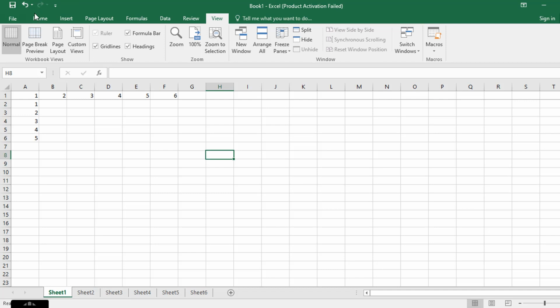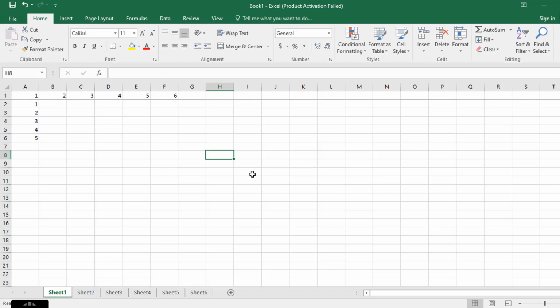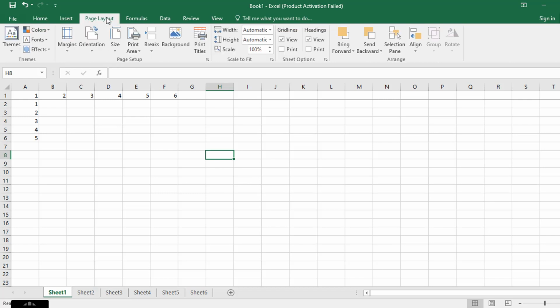Next one is page break. Go to Home. In Excel you have n number of rows and columns, but you don't know how a single sheet is divided into pages.